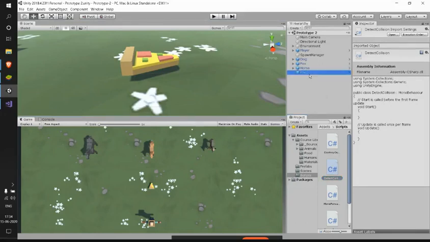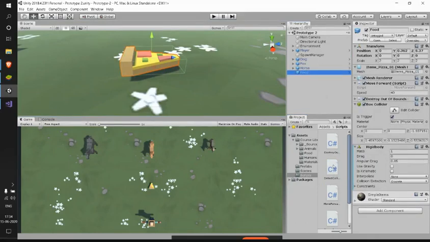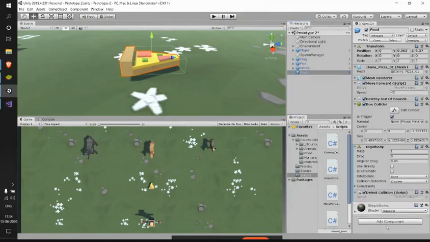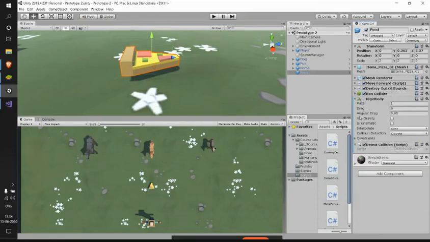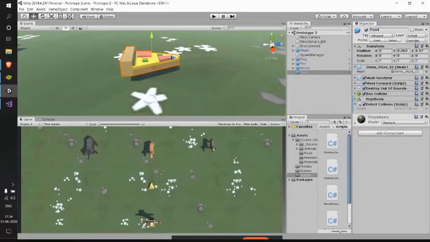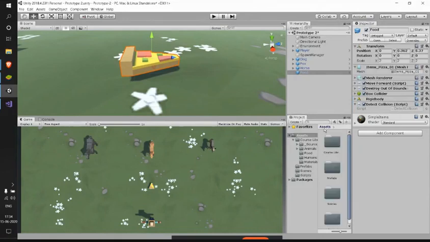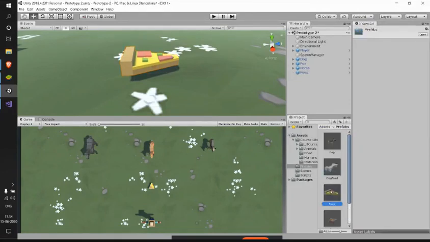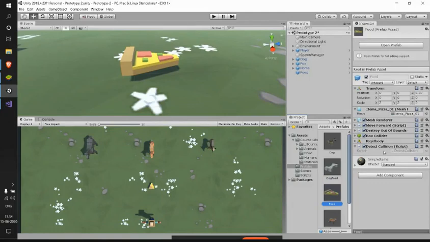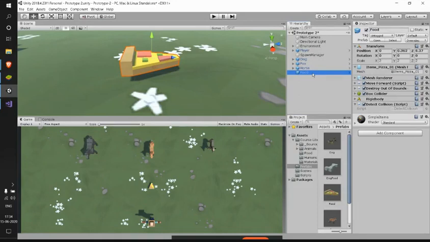So let me select this and drag and drop this to the inspector of this food game object, and make sure that you override. See, we have made some changes, and every time we make some change, we need to apply all so that it reflects in our prefabs also. See, now if we see in our prefabs, they have the same things, right? Now we need to always maintain our prefabs and our game objects in a similar manner.